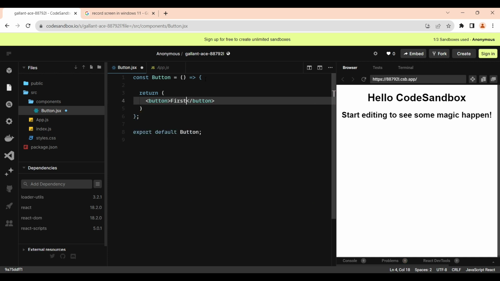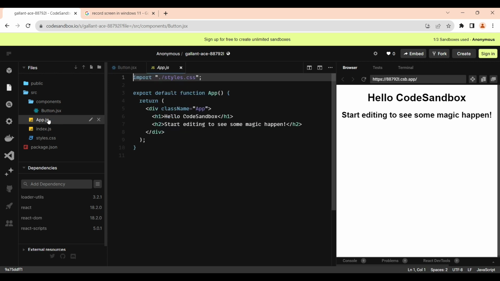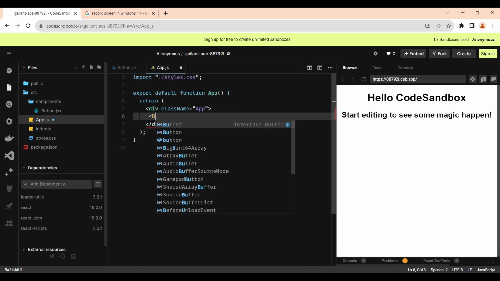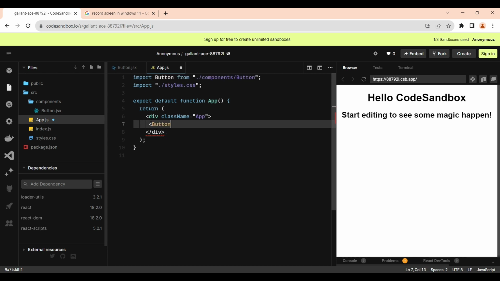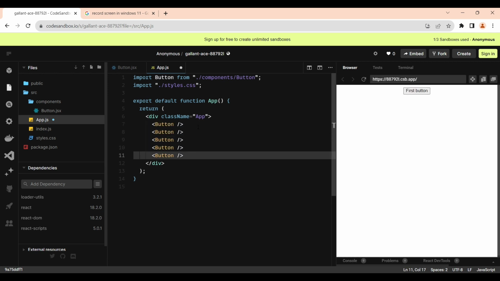we will import this button in the app.js component. So let's clean up the starter file and import the button.js component. I hope you know how import and export work in React.js. Let's see what it looks like. As you can see, we have successfully made a button component from which we can create multiple buttons like